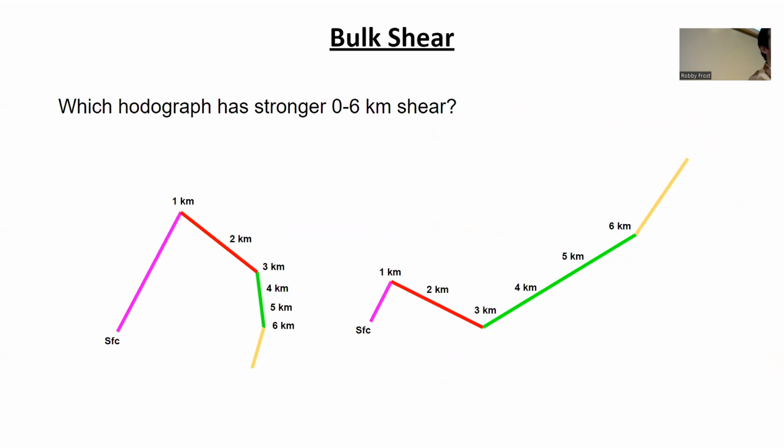The one on the right. Yeah, that's right. Which is stronger, 0 to 1 kilometer shear? Left. See, so